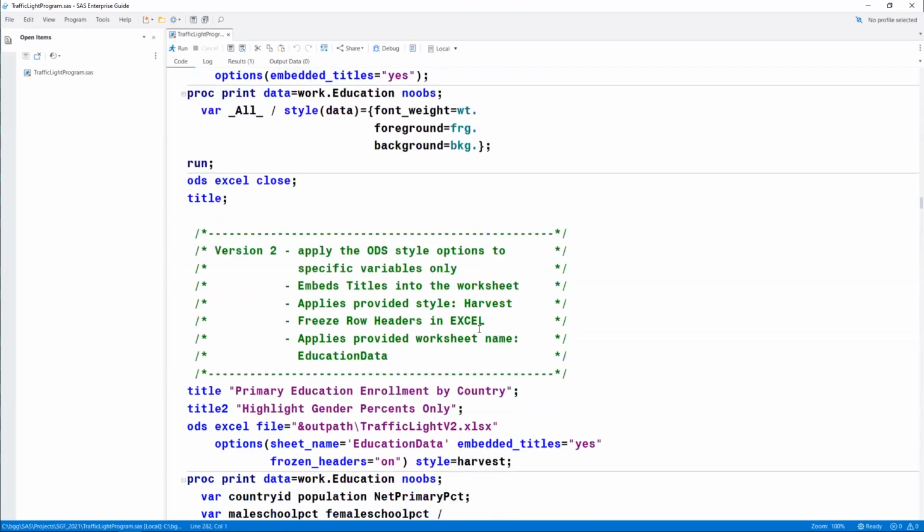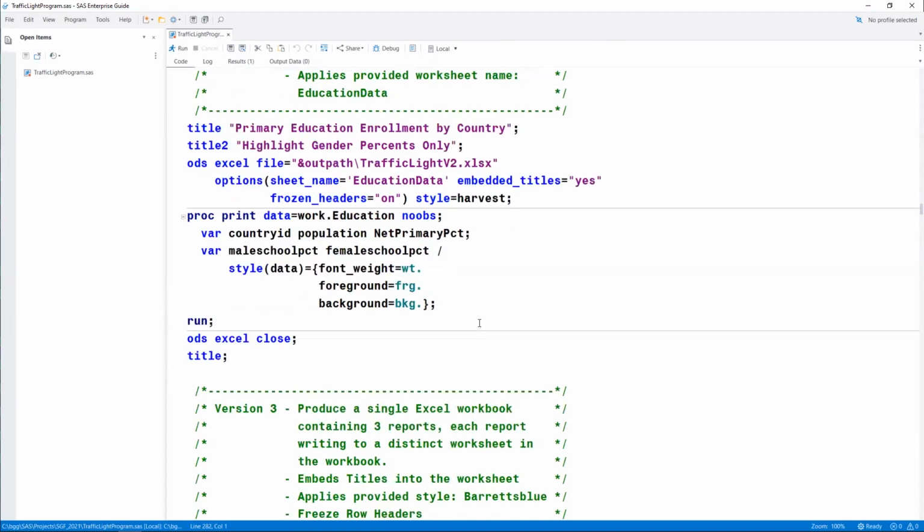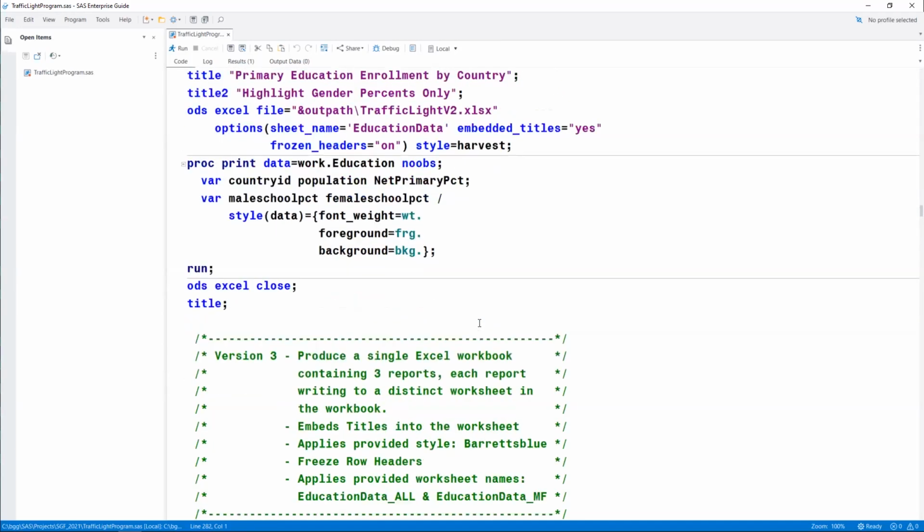Okay, well, let's go on to another version. In that first version and first file that I generated, we had the titles and the column headers scrolled off the page. And I don't want that to happen. So I'm actually going to add some additional options to my ODS open statement.